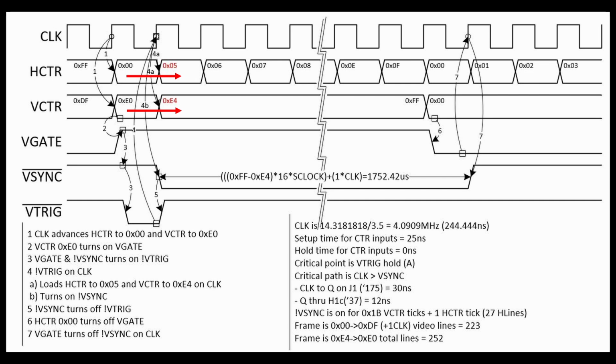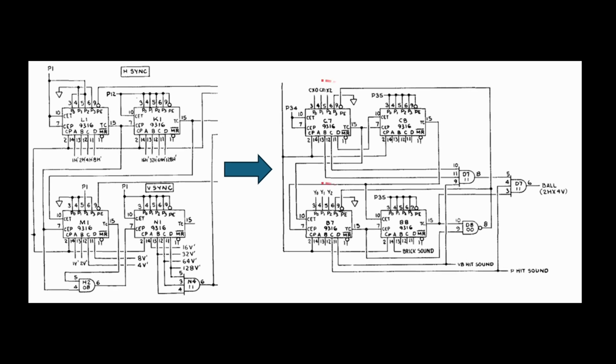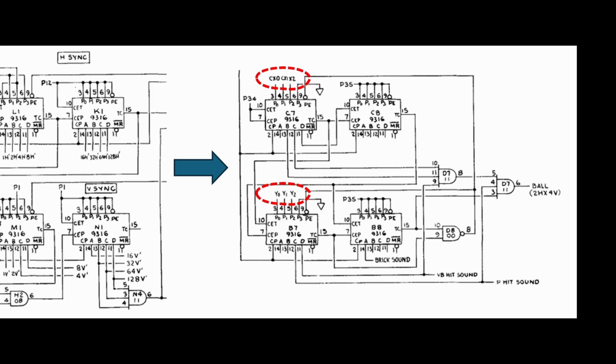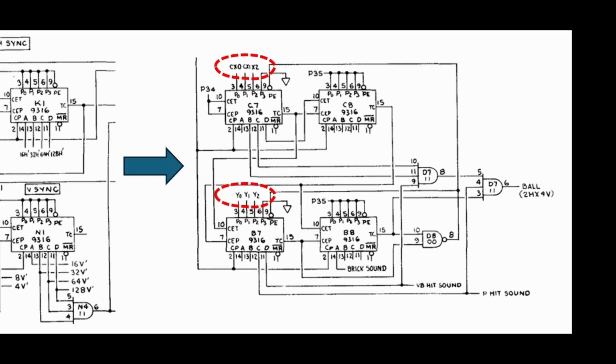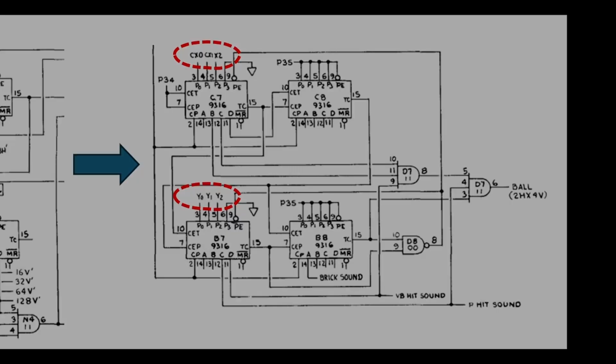My initial thought is that this +4 offset is needed here so we can get ball motion in multiple directions. The ball counters are basically copies of the sync counters, so loading the ball counters with lower or higher values than a +4 offset will cause the ball to move forward or backward or up or down at differing speeds, depending on the axis. We'll look at this in more detail later.